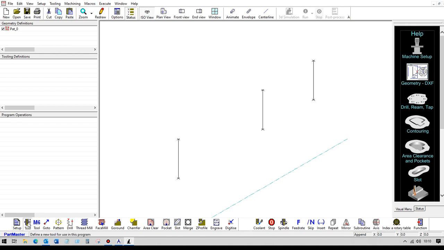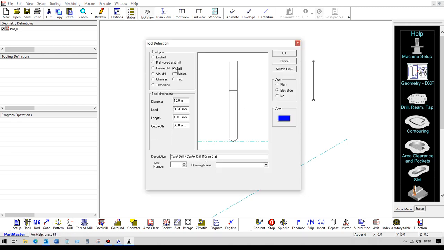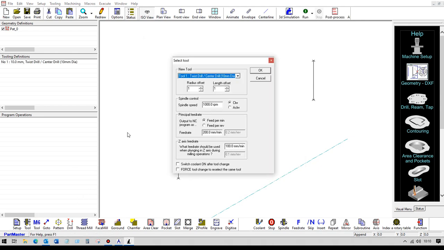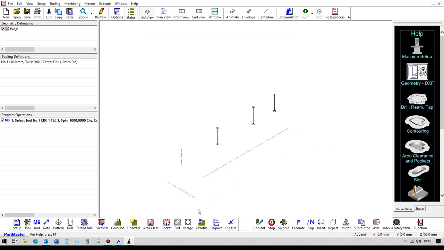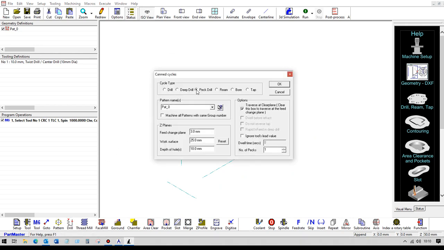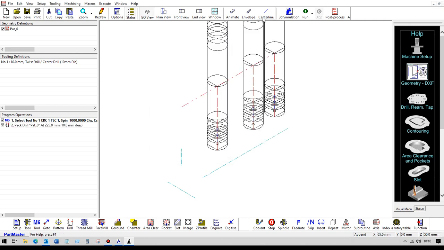So let's define a drill. We'll just have a standard drill, and we'll select that tool for use, set the spindle speed and the feed rate, switch the coolant on if we want to, and then we'll just produce a drill pattern. So we use drill, let's have a peck drill. It picks up the work surface and the depth of the holes from the drawing, but if you need to change it, then you can do here. Let's have, say, 3 pecks. Okay, so that's created